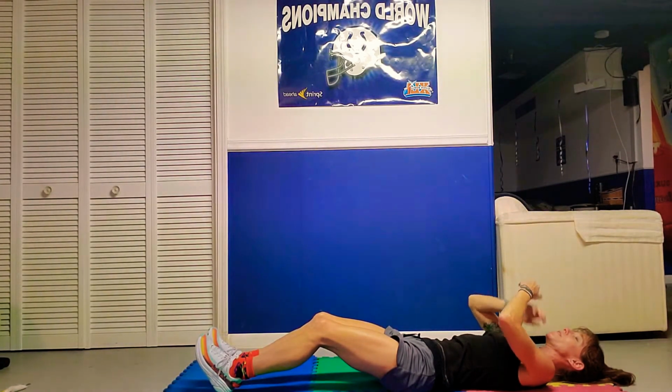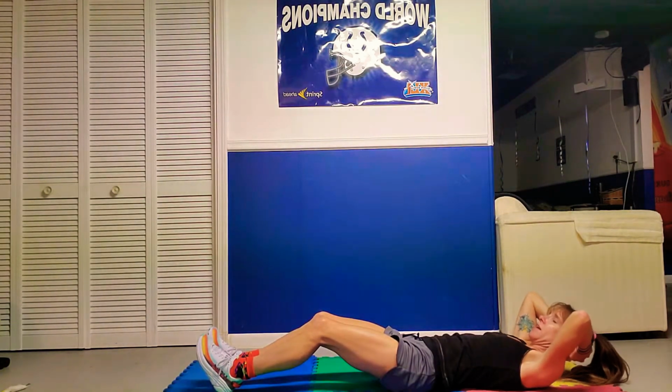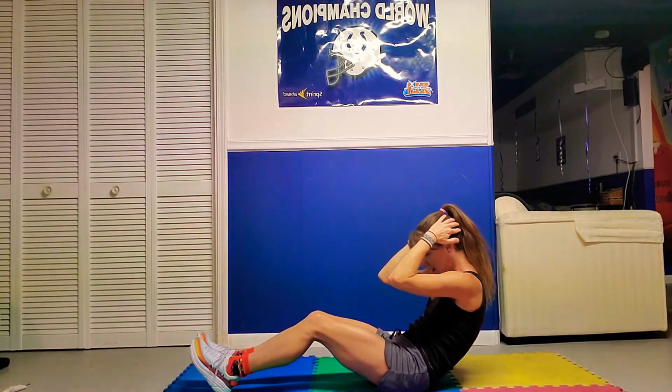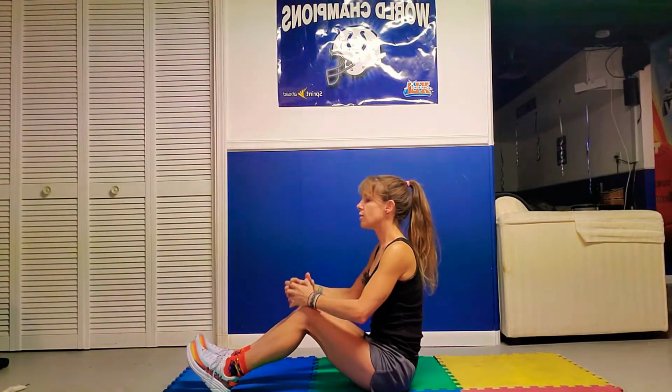Instead, you have two options. You can cross arms here, or you can tuck behind your head. And you're going to use those abs to bring yourself up. Again, one vertebrae at a time, nice and slow, until you come all the way back up. That was fantastic. Now you should be good to go. But we're going to do it one more time, just in case. So once again,